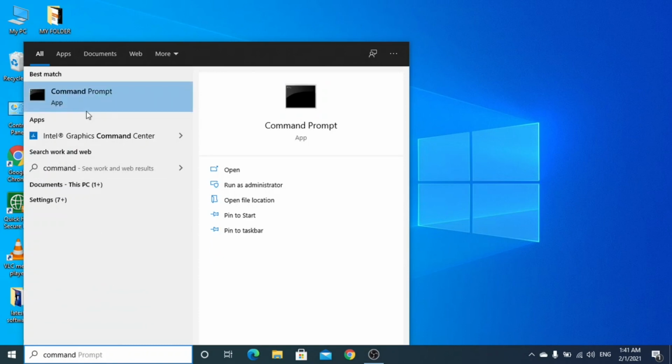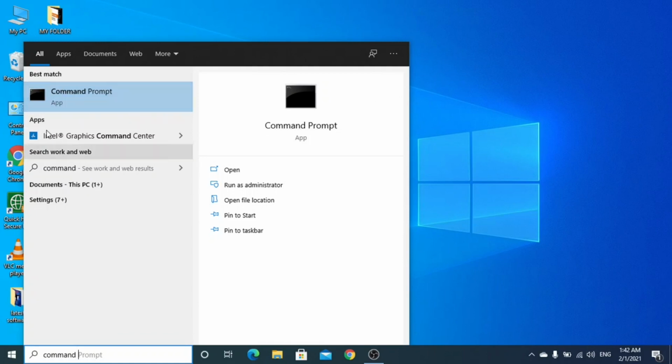Now before moving ahead to this effective way, I want to tell you one thing: before opening this app or performing this command, you should turn off all the programs or software that are running. I mean you should close all the programs that are running behind. Only then you should open this command prompt.